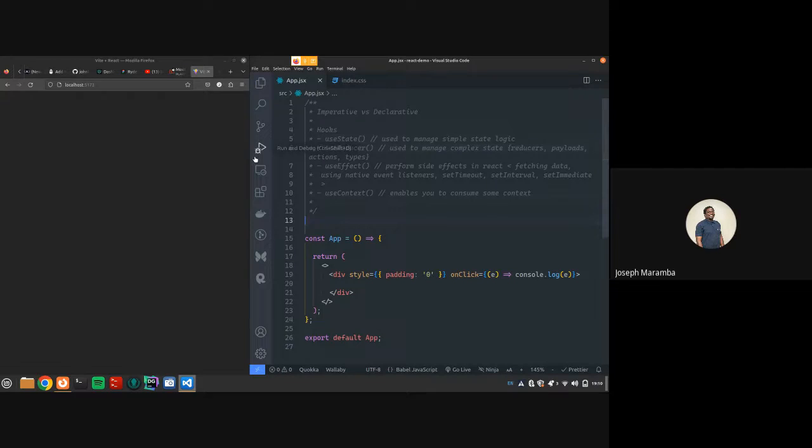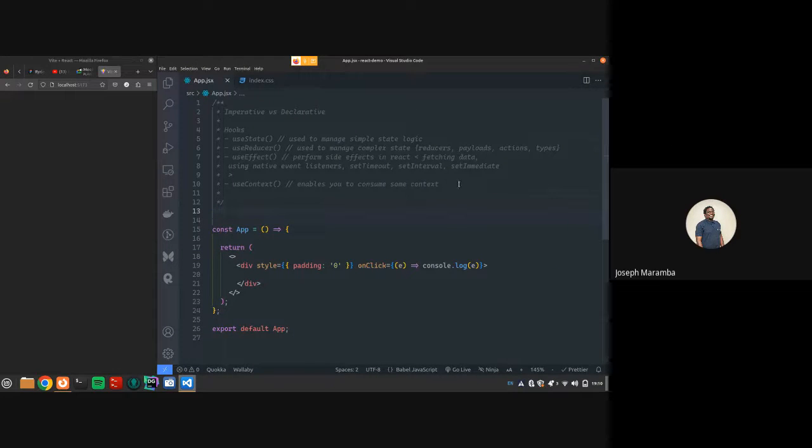Let's wrap that like that. So yeah, these two are sisters. They perform the same function. This one is used for performing side effects, basically something that React is unaware of. And then useContext is used to enable you to consume some context, and